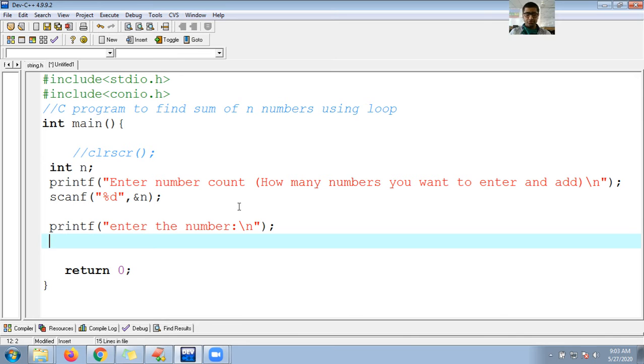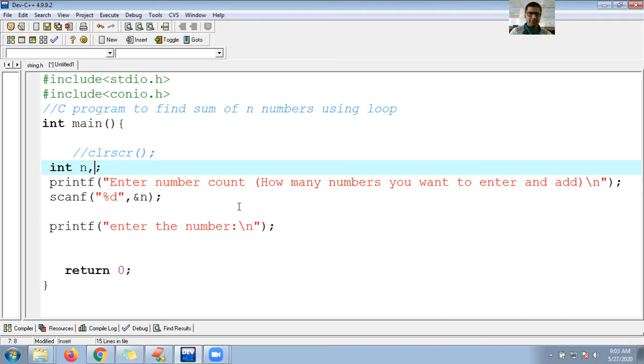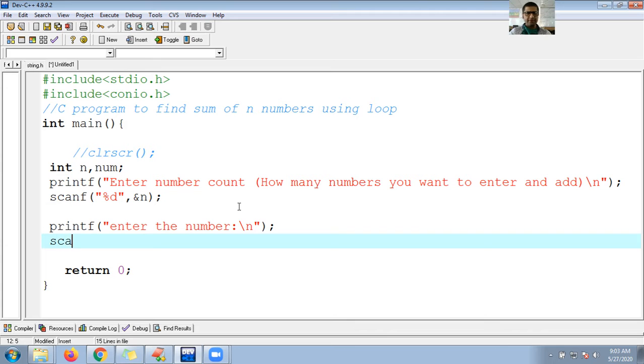To read means I need a variable. So let me create one more variable whose name is num. I need to read that entered value. That entered value is of type number, so I'm using the format specifier %d, and here ampersand num.